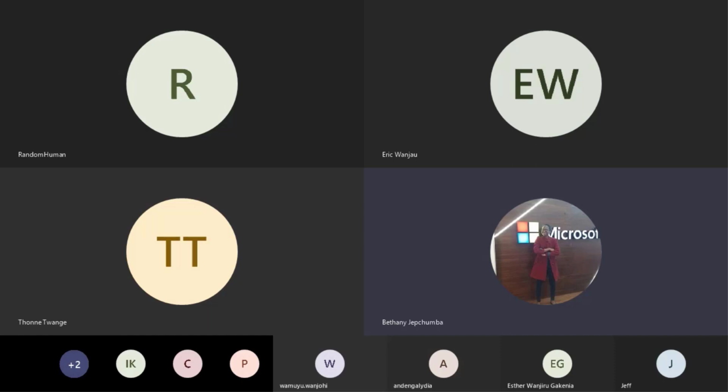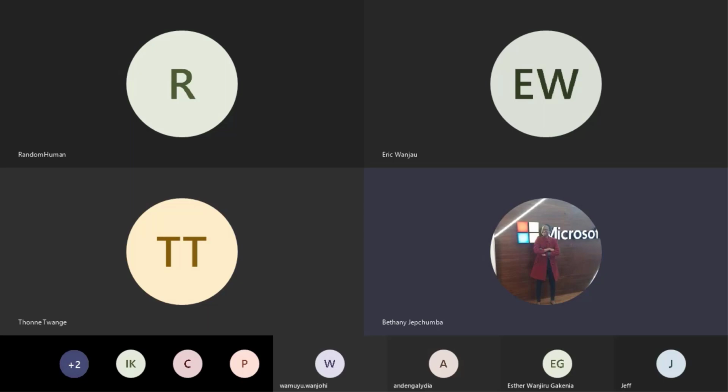For example, the first week will be scraping data from Twitter. And then the next week we'll be cleaning the data we scraped from Twitter. And the last week we'll be building a bot from the data we scraped from Twitter. So it will be like a series on hands-on Python for data science. Then in May, I am hoping we'll be doing more machine learning in Python, and we get